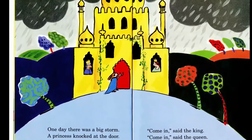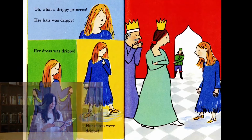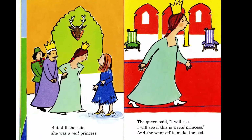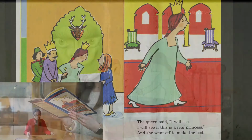One day there was a big storm. A princess knocked at the door. "Come in," said the king. "Come in," said the queen. Oh, what a drippy princess! Her hair was drippy. Her dress was drippy. Her shoes were drippy. But still, she said, she was a real princess. The queen said, "I will see. I will see if this is a real princess." And she went off to make